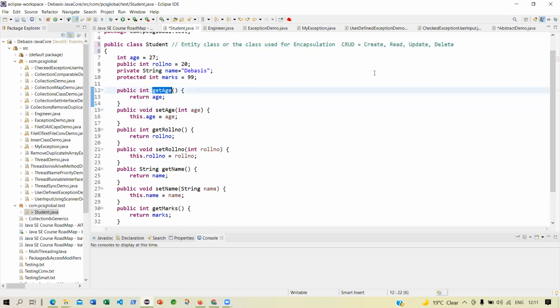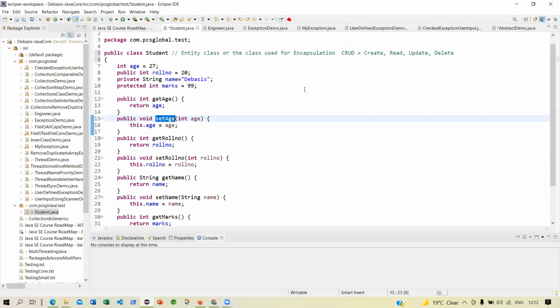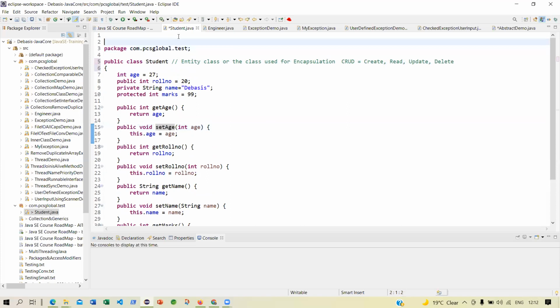Because through the get, you can read, and through the set, you create or update or delete. For delete, it is nothing but setting something as null. If you set it null, that means there is no row. It is equivalent to deleting the row. We will come to that, but not here. Just for the time being, I am discussing package.